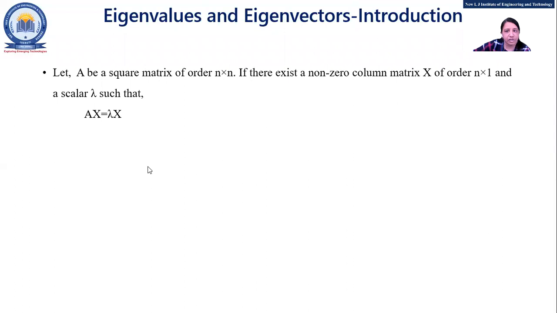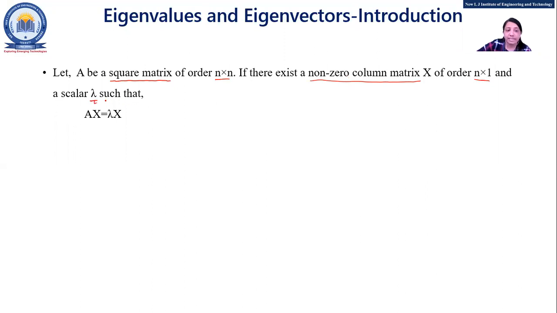What is eigenvalue and eigenvector? Fine. So, for example, we'll go with the definition first. A is a square matrix. Whenever you are going to find eigenvalue and eigenvector, you will compulsorily have a square matrix of order n cross n. If there exists a non-zero column matrix X of order n cross 1 and a scalar value lambda such that